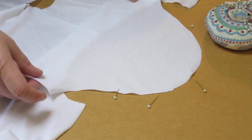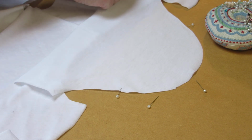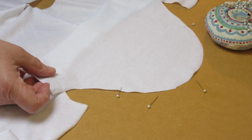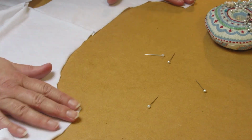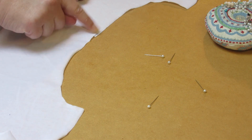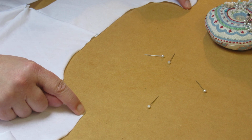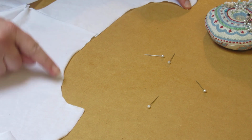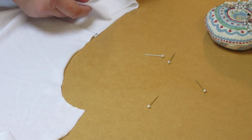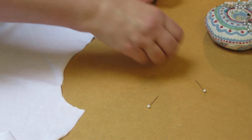So you can see that we now have 4 clearly marked spots for matching. 1, 2, 3, 4, actually 5. Sorry about that, my maths is terrible. We need to do the same with the armhole so that we can match those points. So we've got where the notch will be matching the shoulder seam. We've got the corners of the armhole, and then we need to find the halfway point between those 2 points. So all we have to do is fold this in to the shoulder seam and mark with a pin